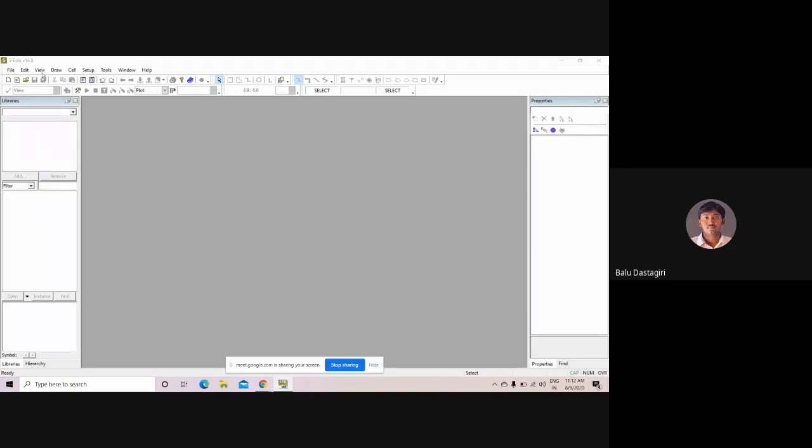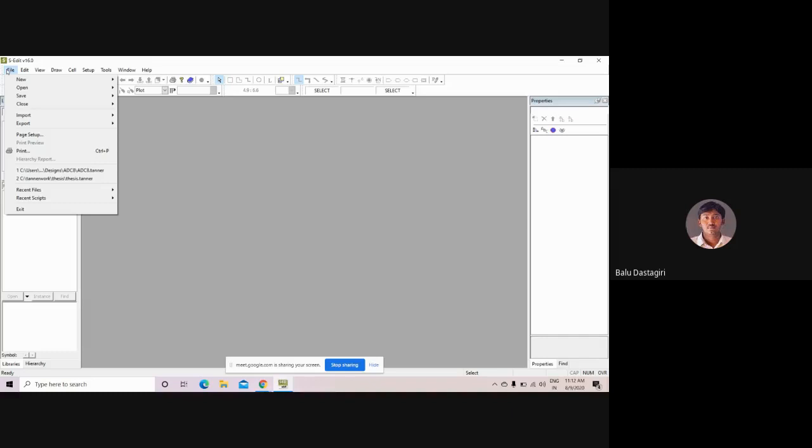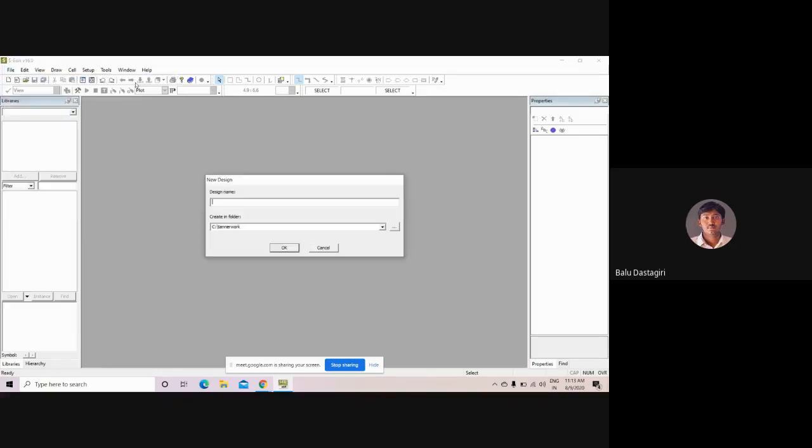So this is a toolbar consisting of the main menu: file, edit, view, draw, cell, setup. In order to draft your schematic, first we have to go to file, new design. Here we can give the design name.